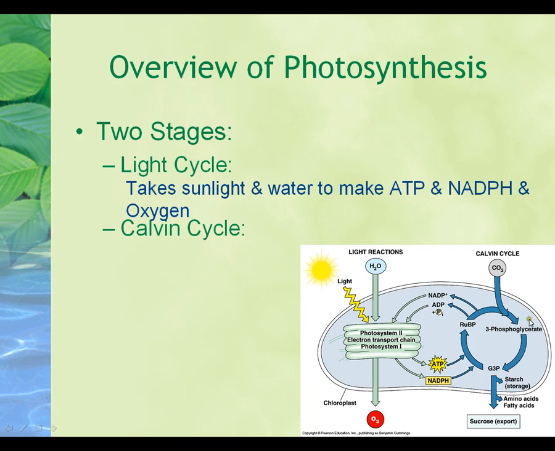inside the chloroplast is where these processes happen. So the light cycle obviously uses sunlight, so here comes the sunlight. It also needs water, so here's H2O. Plants have to take up water through their roots, just like you and I have to drink water. So here's the water, and the water and sunlight combine